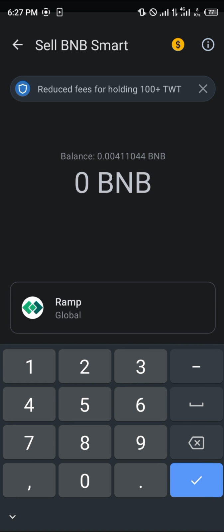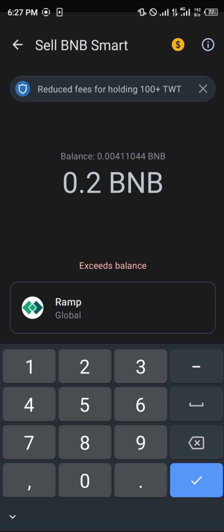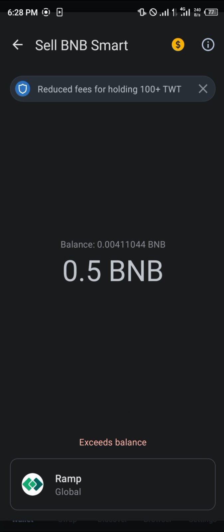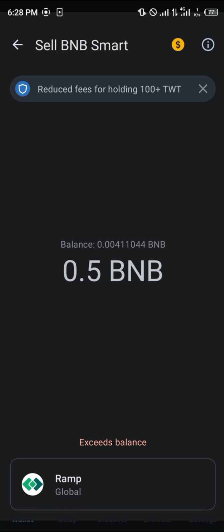By clicking on this sell option, we're going to be using a global provider known as Ramp, and then you simply enter the amount of BNB you have. So let's say you've got 0.5 or 0.2 or whatever you have. All you need to do now is simply enter this amount and proceed to click on the continue option,